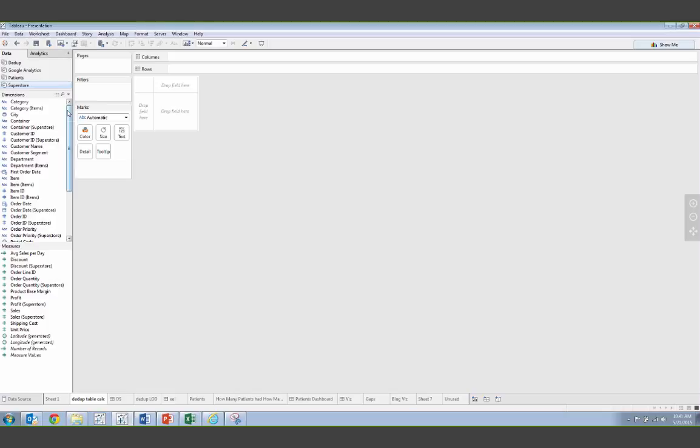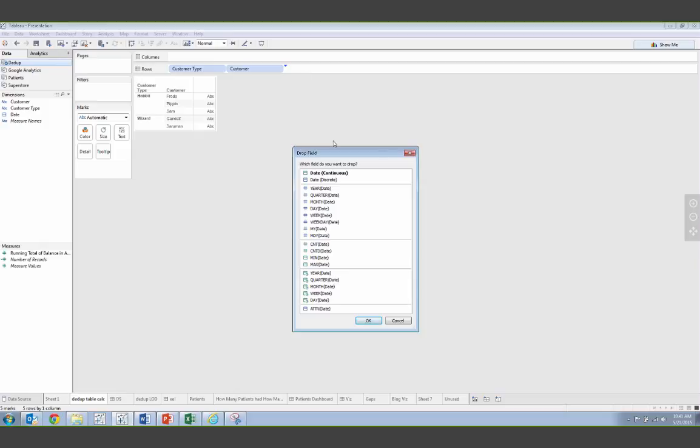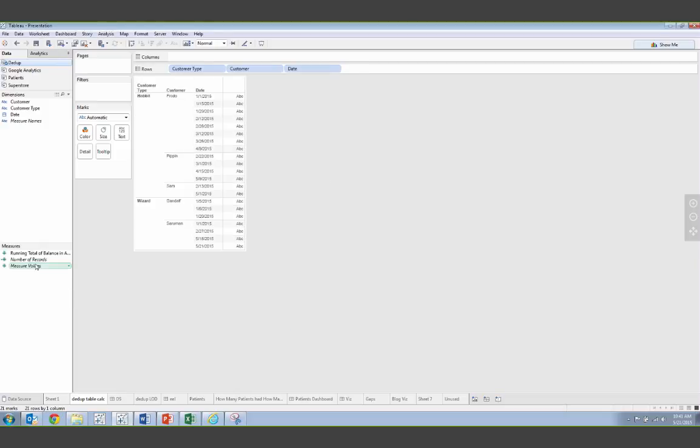But then there are times when table calculations are very difficult or sometimes even not possible. So one example of that might be if I have a data set that looks something like this. I've got a customer type and customers and a date. And this is a banking data set that shows me a balance, except that in the data itself, it's actually a running balance.